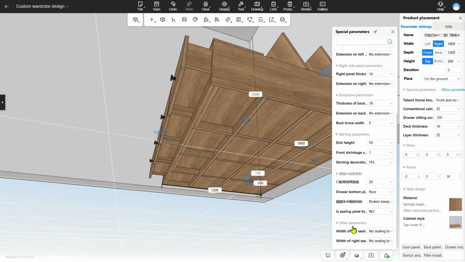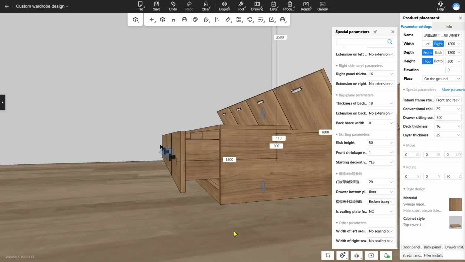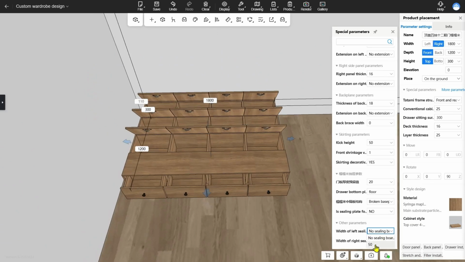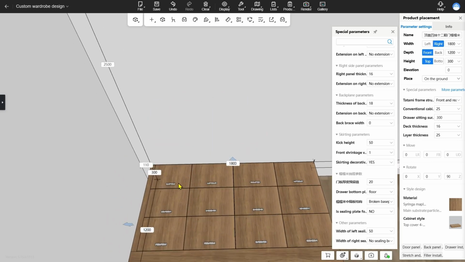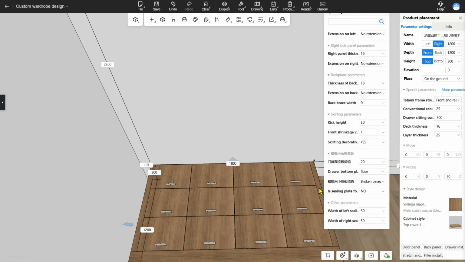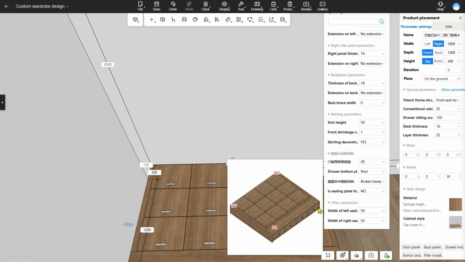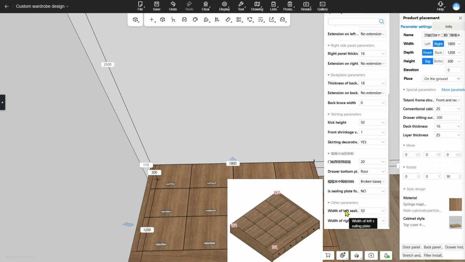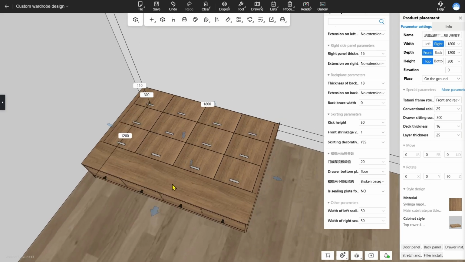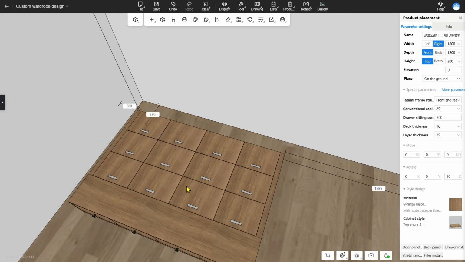Moving down, here is where you can install the fillers for this tatami. You can see with the left side, just select it and let's close this one. Then you can see at this drawer part, it will have this filler. And the right side, you can also select one like this. And if you still want to install a filler at this part, you can move this one out first,